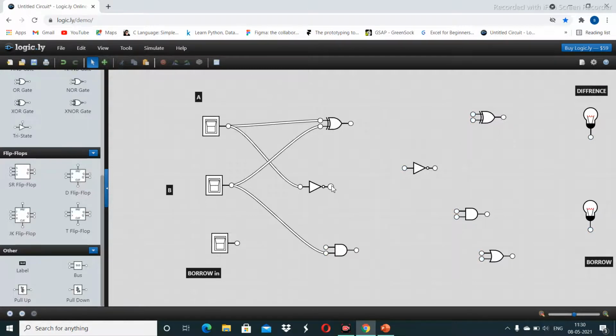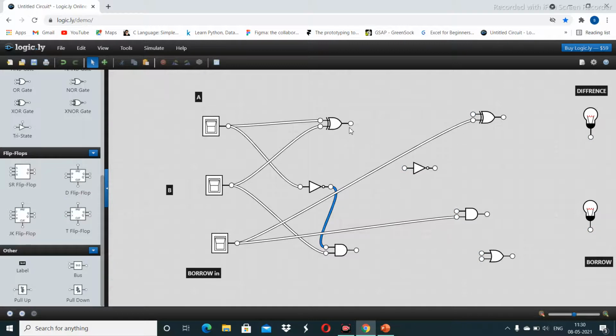Now connect the NOT gate output as the AND gate's first input. Then connect the borrow in with the XOR gate's second input and connect it with the second AND gate's second input.